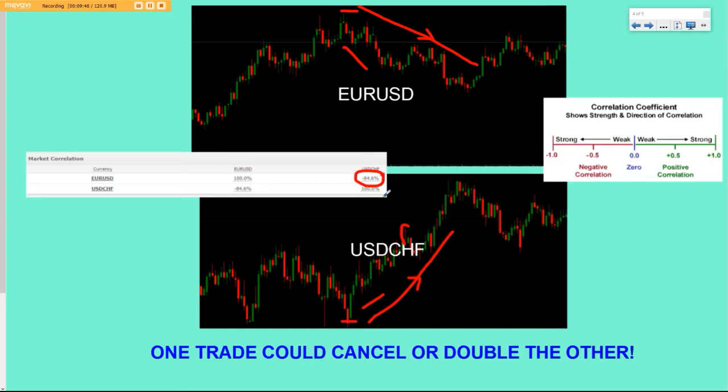But what then if I was to sell this one and sell this one? So I've sold there, and I sold at some point there, but I got triggered into both trades. This one would be going down, that one would be going up, so therefore the trades would cancel each other. Hopefully that makes sense to you. Okay, guys, let's look at another scenario.